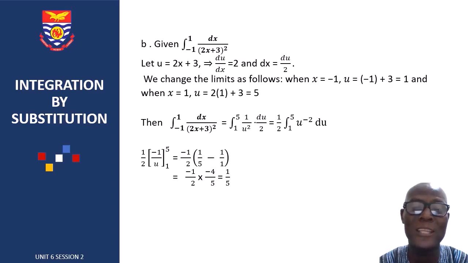Now we put in the limits, then we multiply the result by -1 over 2. Now putting in the limits, in place of u, we put 5. So that gives -1 over 2, the 1 over 5 minus 1 over 1, which is simplified to give 1 over 5 as